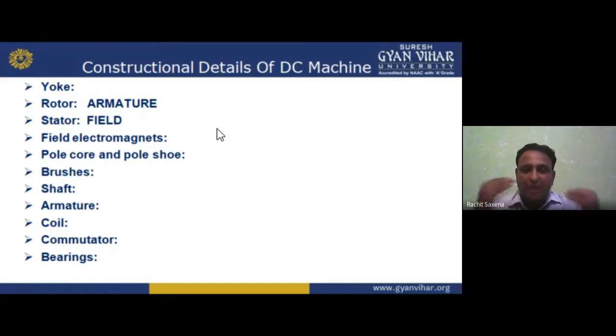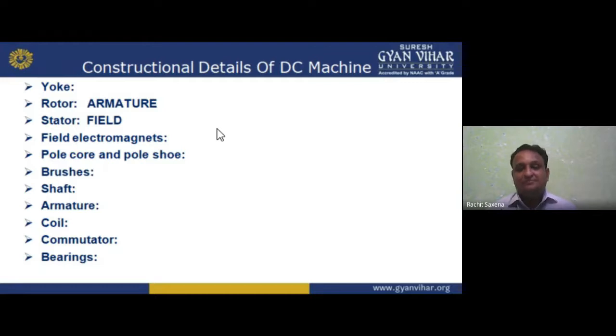So why am I placing the coil on it? Because we want to take out the current from armature in generator case, and we want to give current to the armature in the motor case. So if I want to make conductor, I need a winding. In generator, I want to take current from that conductor to the terminals, and in motor, I want to give the current to those conductors. So I need conductors, means winding, that is made up of copper or aluminum. For heavy duty machine, we make it copper, and two types of winding are there.